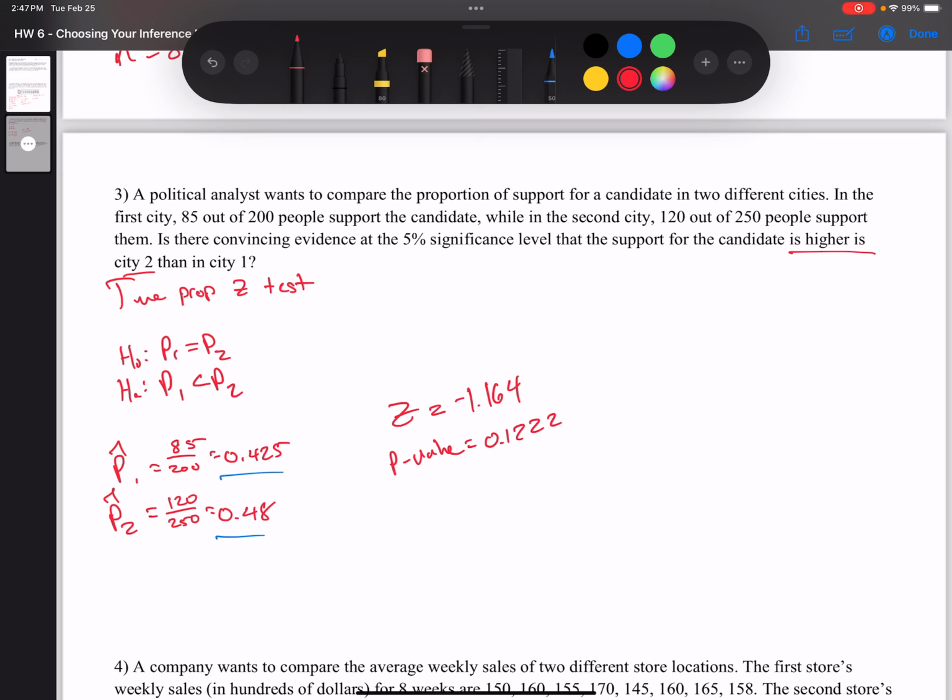Okay, so remember our p-value, let's see, our alpha was 0.05 again. So because our p-value is greater than our significance level of 0.05, we fail to reject the null hypothesis, and we do not have convincing evidence that the support for the candidate is higher in City 2 than in City 1. Okay, again, just following the script we've